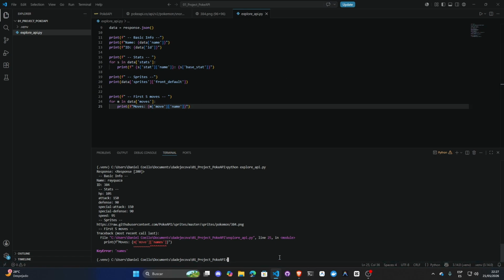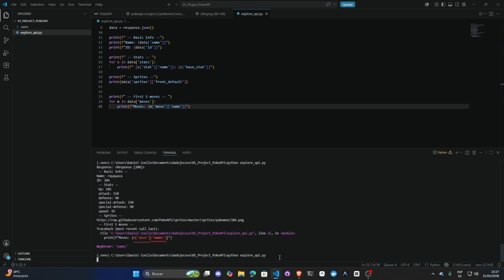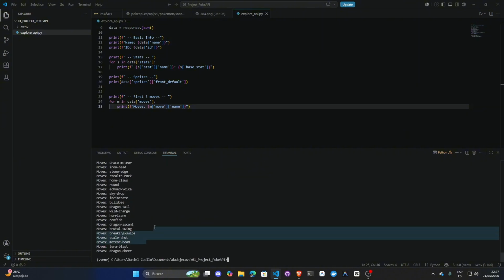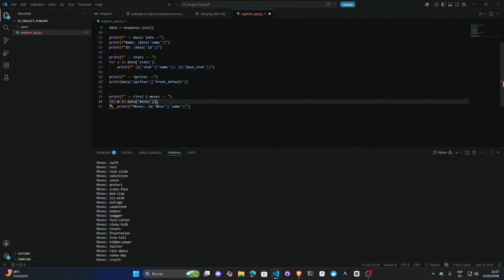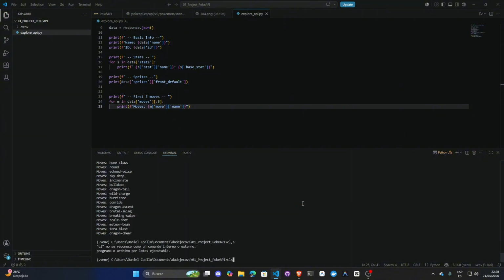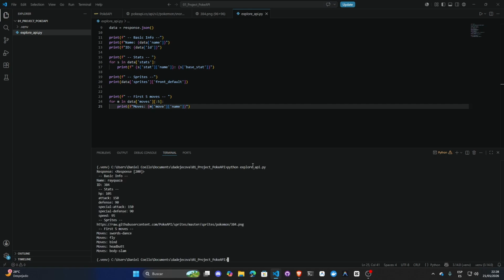I forgot that in this part the column names are in singular. So we are having everything. Why? I forgot to put the information. We are going to say that we need from the start to the 5 index. Now CLS. Let's run again, and we got the first 5 moves. I don't remember if those are the first 5 moves, but well, if the API says that, that is. So as you can see,